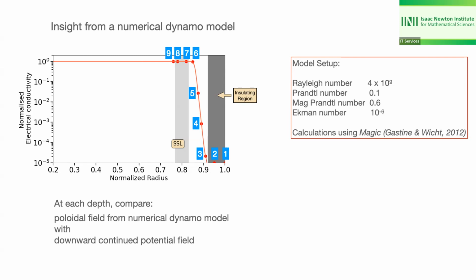And at that point, at level 1 here, the potential field and the dynamo poloidal field are the same because we're in an insulator. Then start downwardly continuing the potential field, which we've determined at the surface, and compare that with what the poloidal field is from the dynamo model at each of those different radial levels,